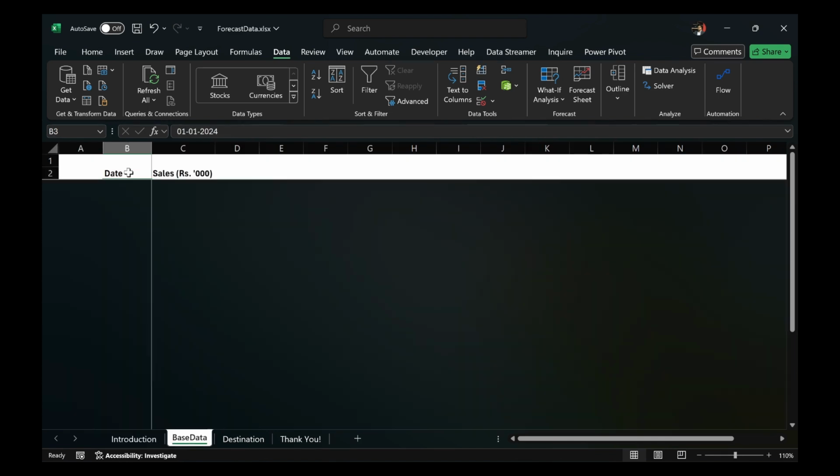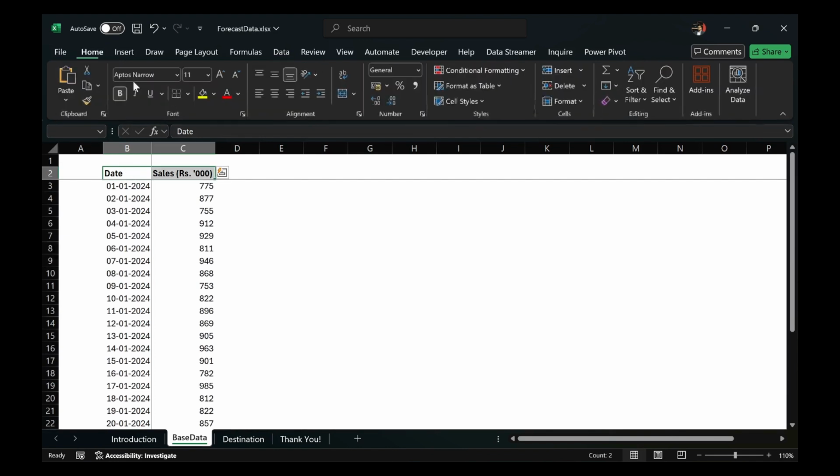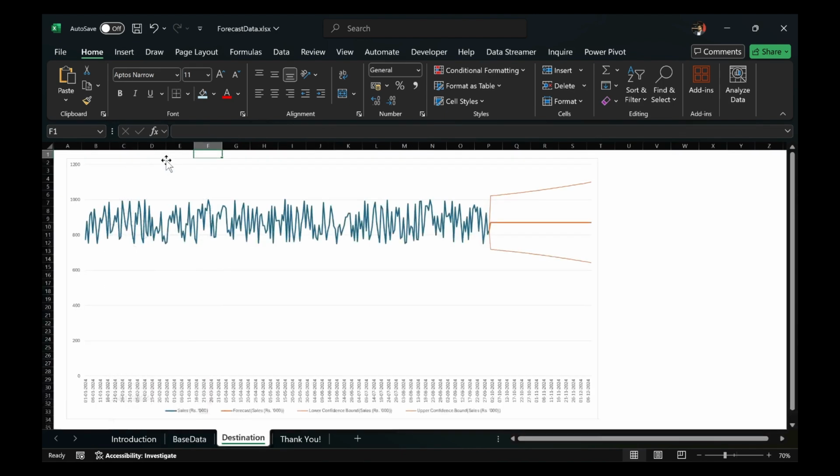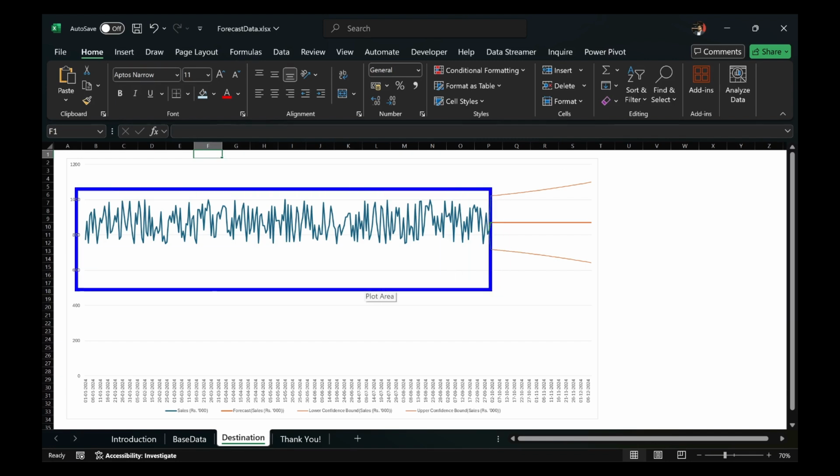So, I have got the sales data for multiple days, multiple months in the following format, which is the day and the sales in rupees 1000. And here I have the data of 274 days, which is roughly 9 months of data from January to September. Now the ask is to convert it into something like this, wherein there is one portion which is the blue highlighted portion, which is the actuals, and then there is a red highlighted portion which is